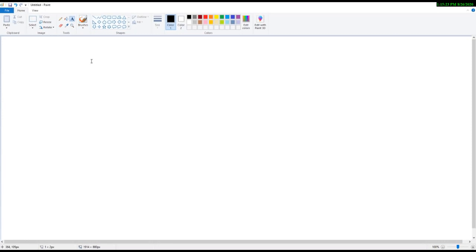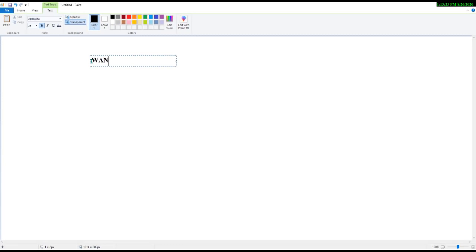In this session, we have done the WAN interface, the bridge, how to add the ports in the bridge, and the DHCP server on the bridge.